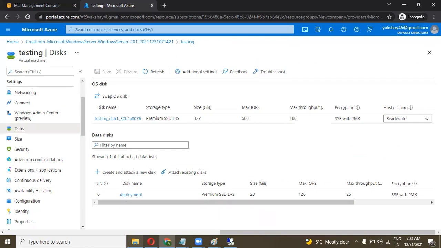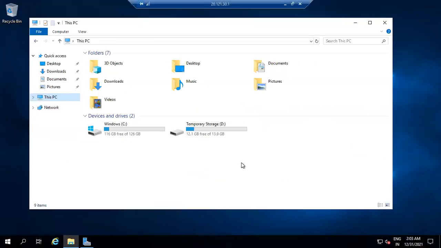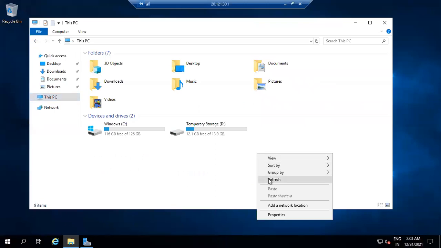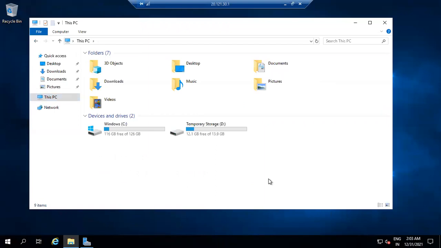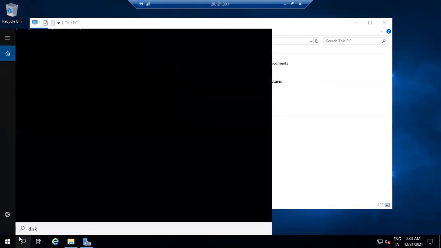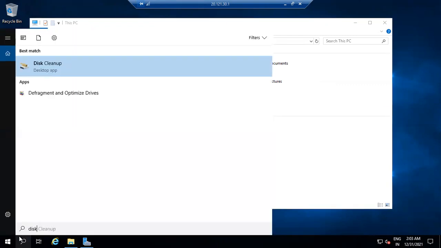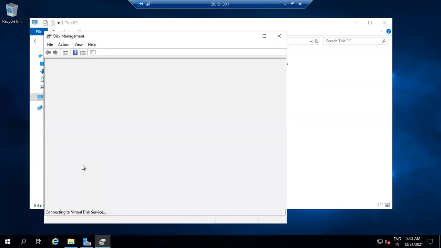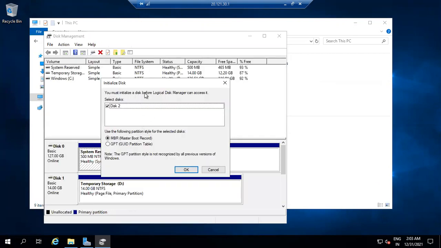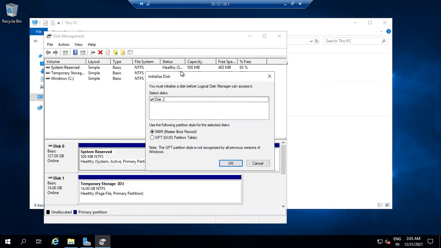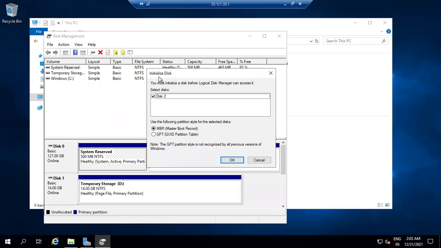Let's open the machine and you will see there is no disk. For the first-time use, we need to format this disk as per my requirement. So let's go to Disk Management. You will see this disk in Disk Management. It gives me a pop-up to initialize the disk, MBR.